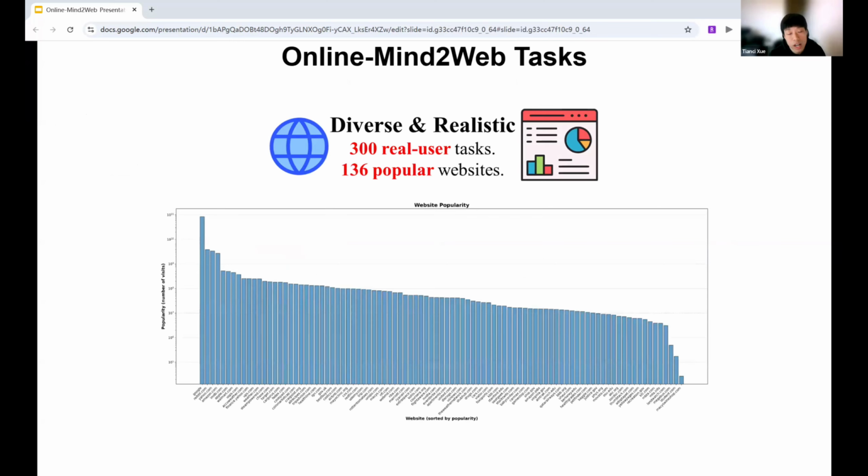Therefore, a better online benchmark for web agents is needed to bridge this gap. We introduce a new benchmark, Online-Mind2Web, that contains 300 diverse and realistic tasks and covers 136 popular websites.